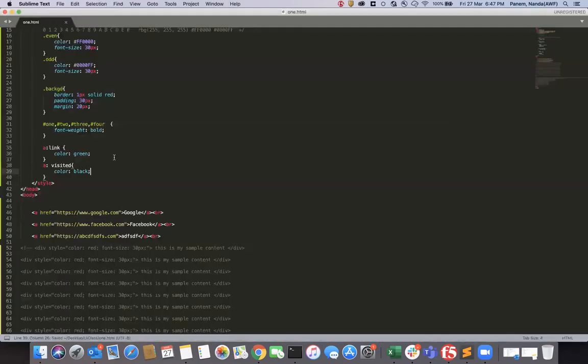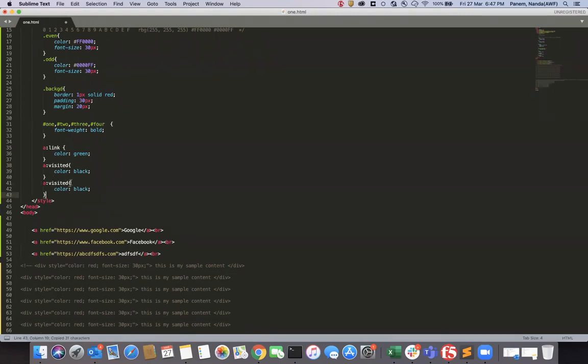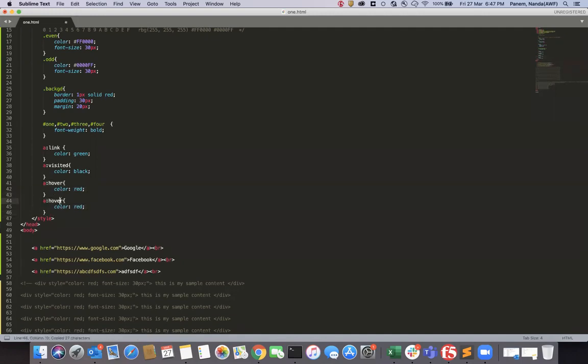Now I set the colors: black, red, and yellow. See here, the first two are coming as black.